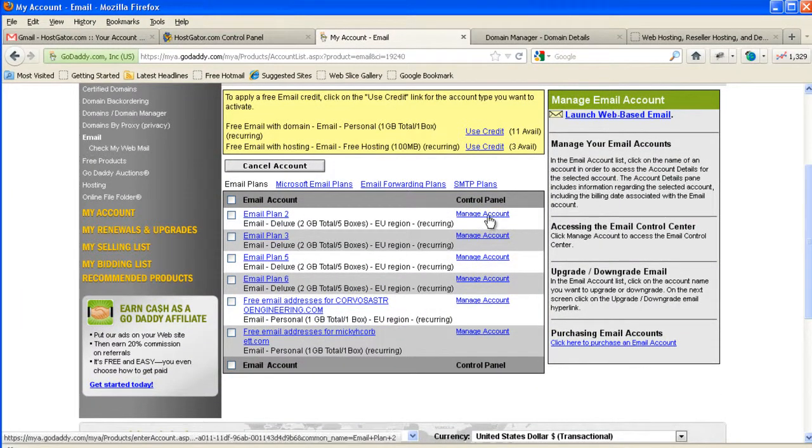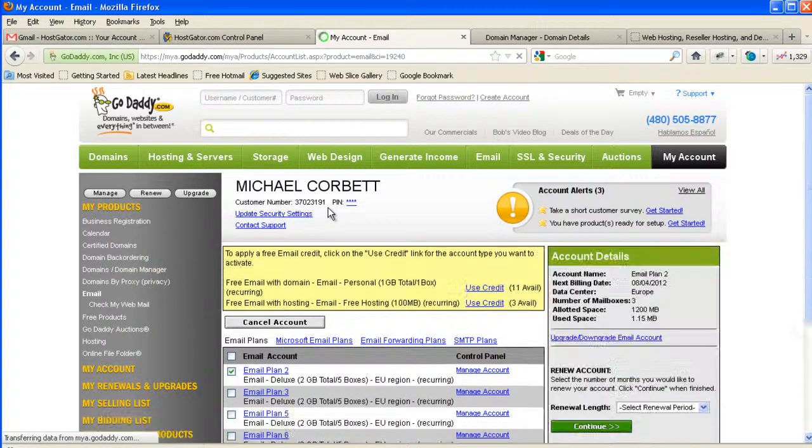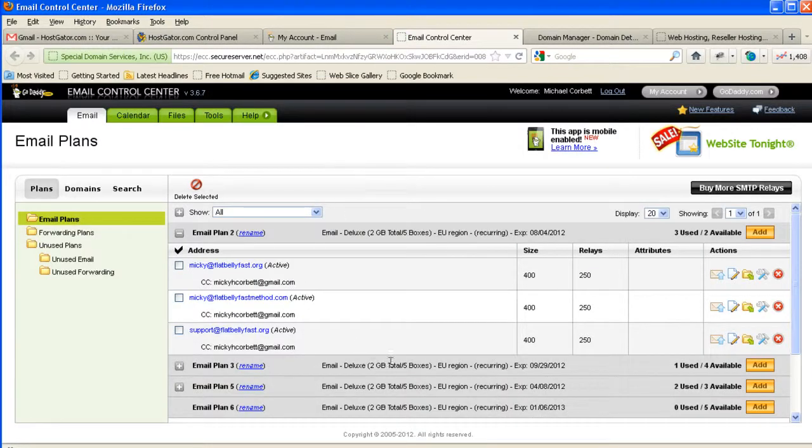Email plan 2. Let's see what this one is. If you just have one email plan, like you just bought a domain, there will just be one of those boxes, and it's the email plan that you bought. So this one here, 0 and available. Okay, so this email plan